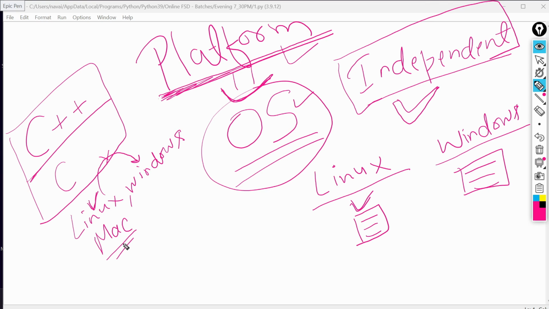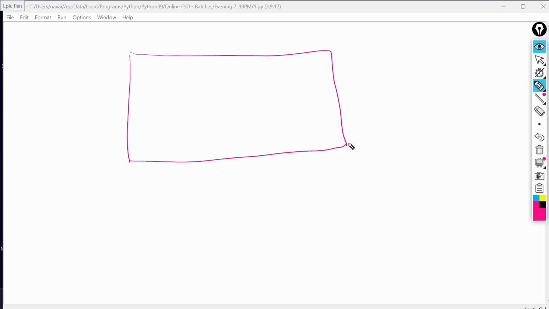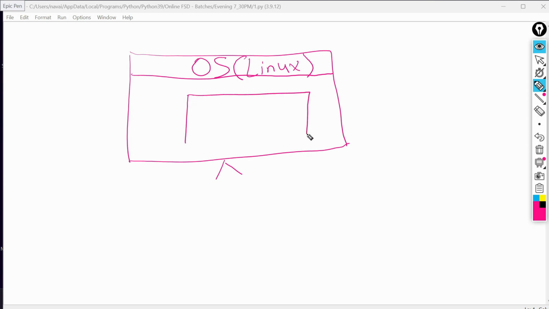Let me give you one simple example so you can relate. Suppose here is my computer, and in my computer there is one operating system, and its name is Linux. Linux is an operating system, right? And here I have created one application. What's the name of the application? Zomato.